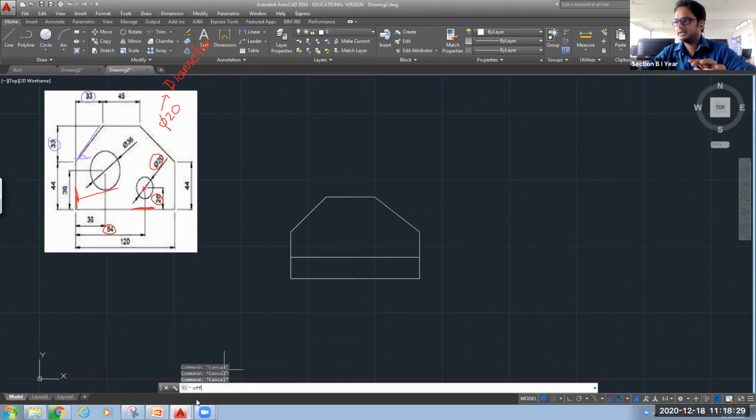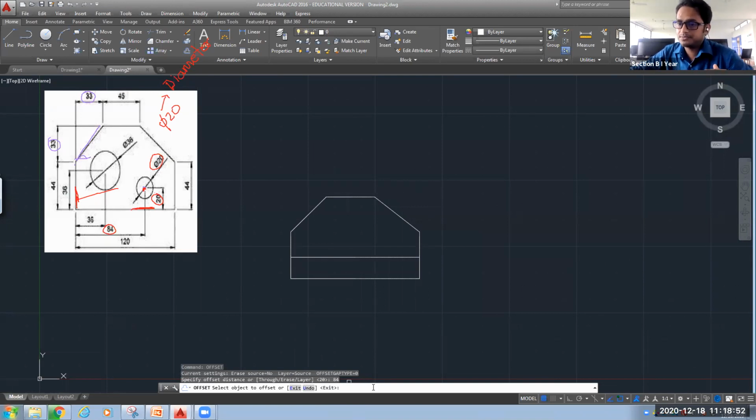Go for the offset command once again, OFFSET, press enter. Now for the offset distance, I will enter 84. By default, see here in the bracket it is written 20, the previous value. Now we will change it to 84.